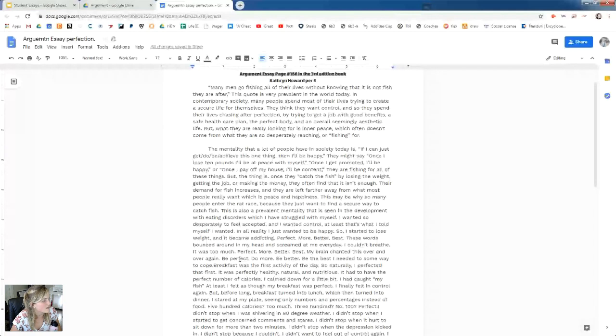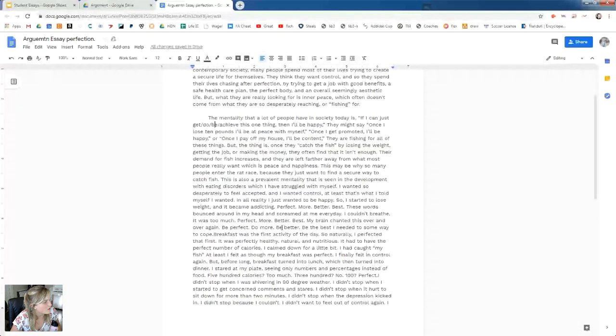Breakfast was the first activity of the day, so naturally, I perfected that first. It was perfectly healthy, natural, nutritious, and it had the perfect number of calories. It calmed me down for a little bit. I had caught my fish. At least I felt as though my breakfast was perfect. I finally felt in control again, but before long, breakfast turned into lunch, which then turned into dinner, and I